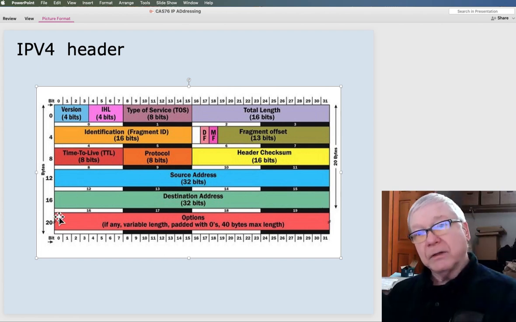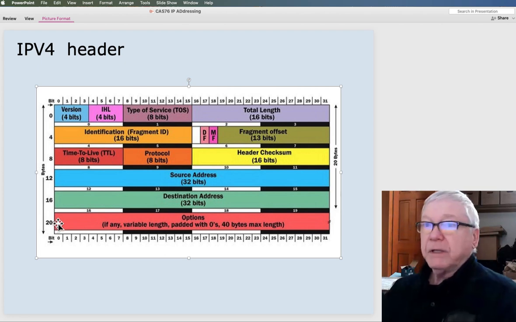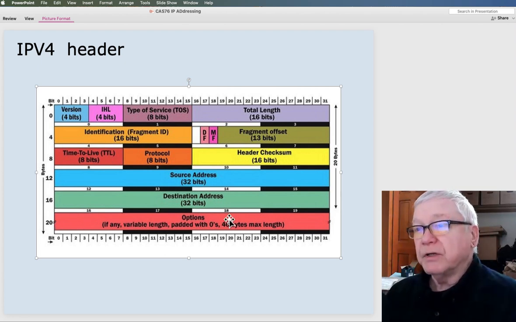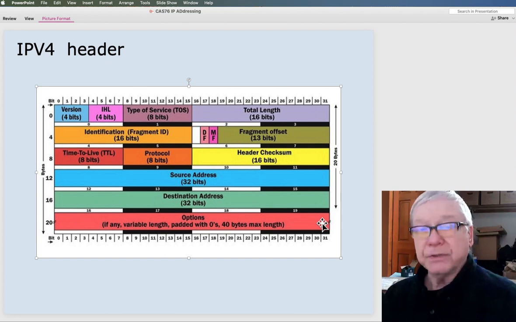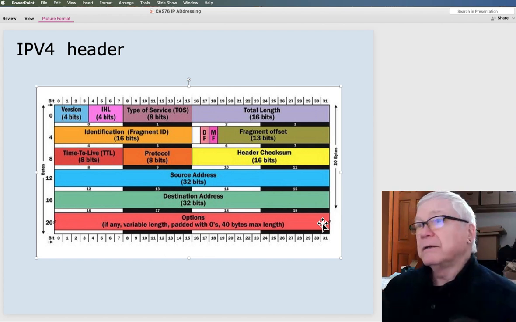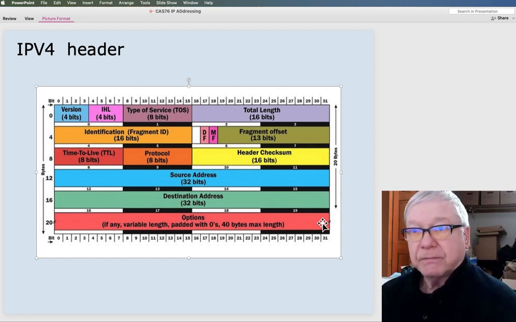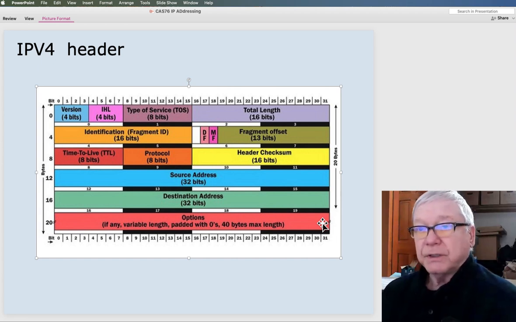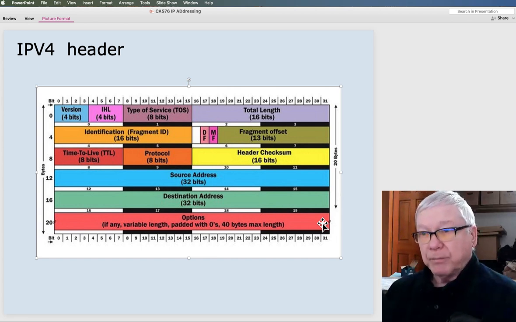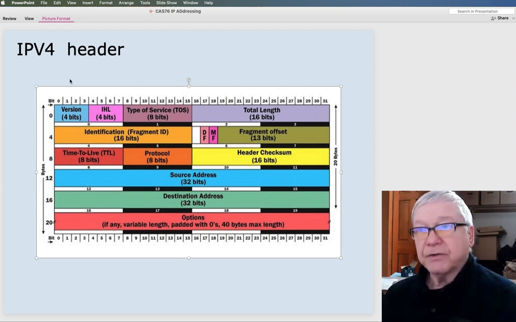At this offset, these pieces of information represent options in our IP operation. And then we're going to pad this out to be an even length, and that's our IP header.